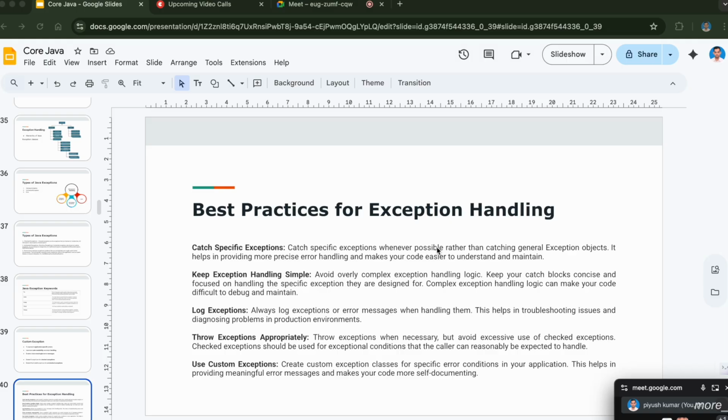So now I have already discussed all the exceptions, types of exceptions, what exceptions are, how we handle exceptions, how we create custom exceptions and everything. So now here are some of the best practices which you should always keep in mind when you handle exceptions, so that it helps developers handle the exception properly, and it helps to catch your error easily. So you should always catch the specific exceptions, as I already mentioned earlier,